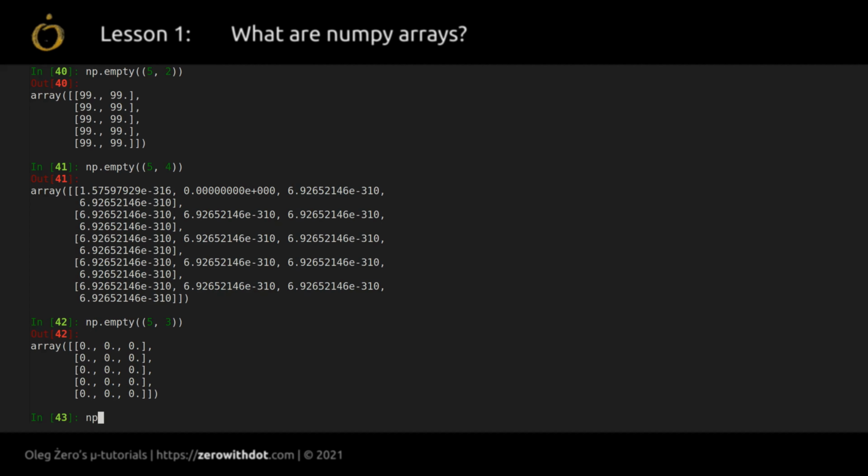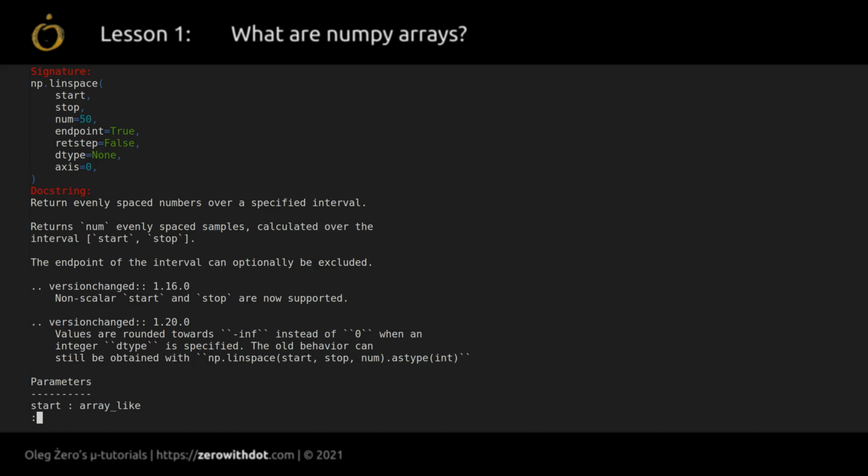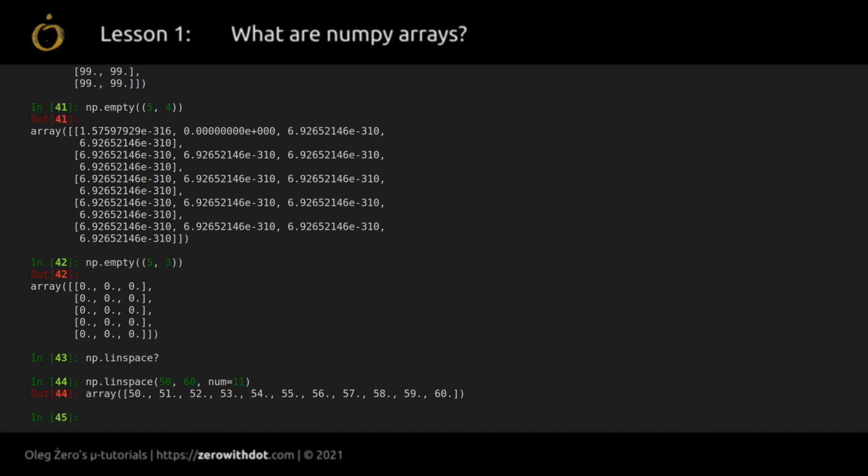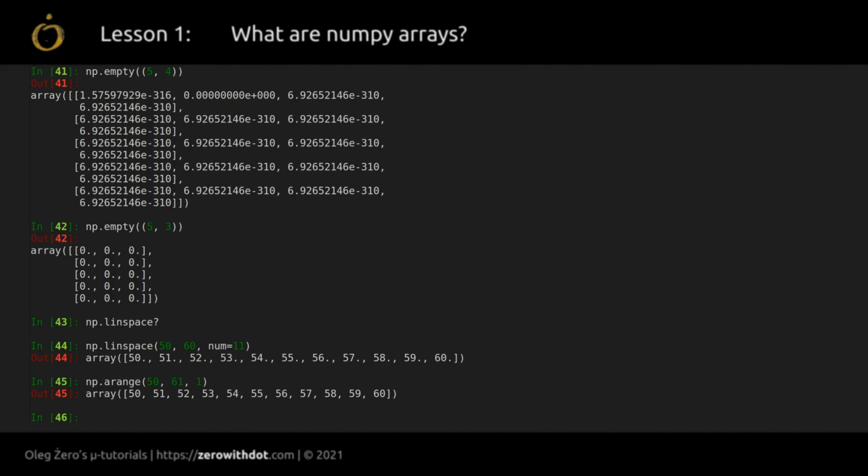Another way is if you, for example, want to create an x-axis for your plot: linspace. And linspace is very similar to arange, except that here you have the start, stop, and the number of items rather than the step. So linspace, let's say from 50 to 60 with 11 elements, right? With arange, you will have to do arange from 50 to 61 with a step of 1, and that will do the same thing. Well, it's a different dtype here,